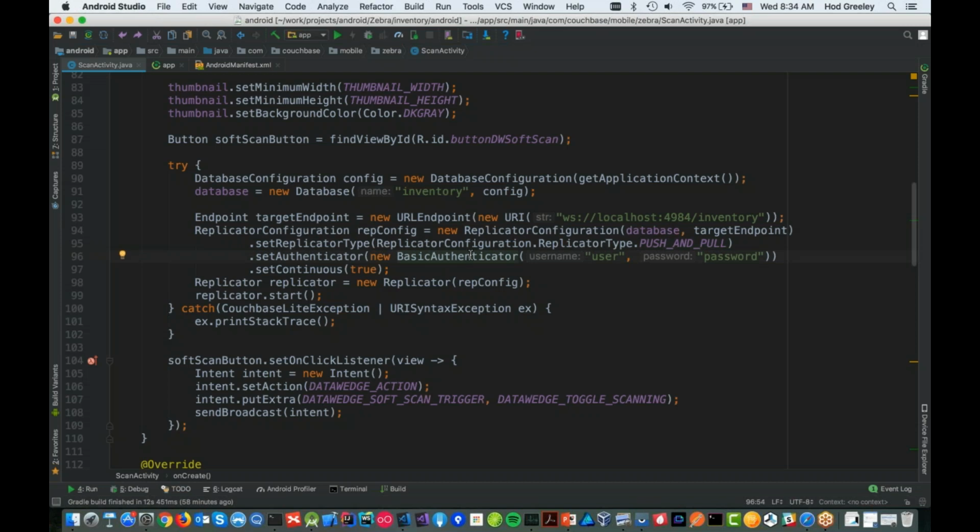For security, I'm just using basic authentication and a simple user password. And then this is another key piece, setting this to a continuous replication. You have two types of replication. You can do what we call a one-shot replication, where you simply replicate data and then the replication shuts down and doesn't keep going updating things. That might be something you'd use for an initial population of the database. But most commonly, people are running continuous replications, and so that's going to be